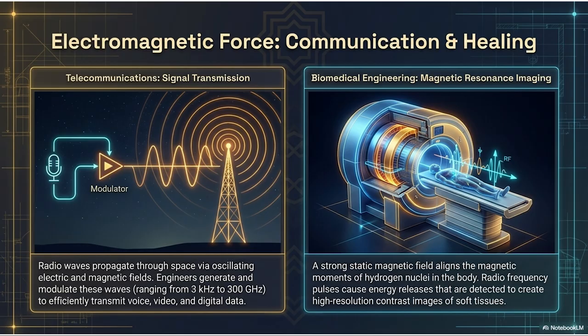So my phone is essentially yelling a highly complex Morse code pattern in invisible light, which ripples across miles of open air, hits a metal antenna on a cell tower, and gets decoded back into a digital photo instantly. It is literal magic made real by math. But electromagnetism isn't just for sending memes, obviously.